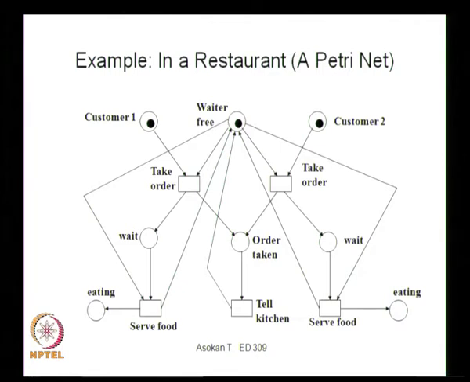As you can see in the figure over here, we have shown that there is one waiter and two customers waiting, and so there is a waiter free. So now if you want to represent this situation, we can have different situations. The waiter can take the order from one customer and then give the order to the kitchen and wait for the order to come, and then serve the customer and then take the order from the next customer. Or he can take the order from customer 1 and place the order to the kitchen, and then take the order from customer 2 and place the order, and whenever the food is ready he can serve customer 1 and customer 2. So how do we actually represent this kind of scenario using Petri nets?